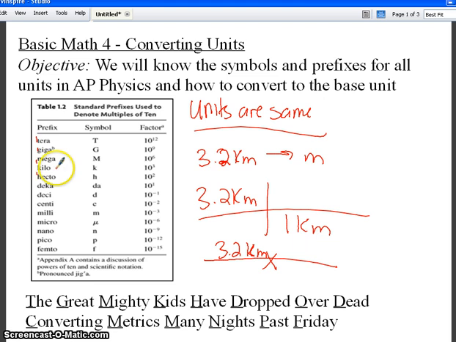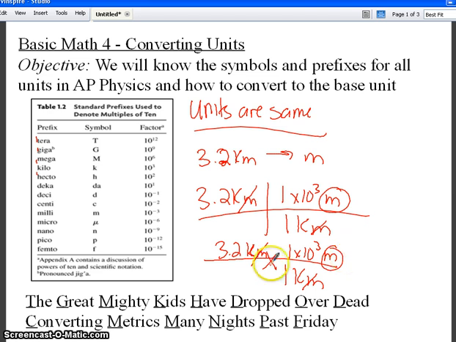1 kilometer is 1 times 10 to the third meters. So kilometers cancels out, and we are left with meters. I'm just doing 2 in a row because you might like this better because of chemistry. So our answer is going to be 3.2 times 1 times 10 to the third. And if you want to do this easily without even a calculator, 3.2 times 1 times 10 to the third